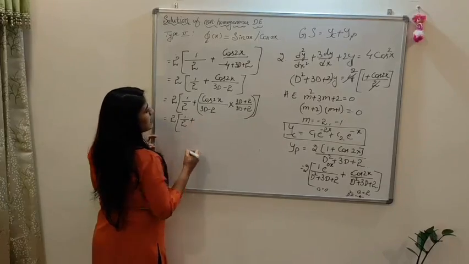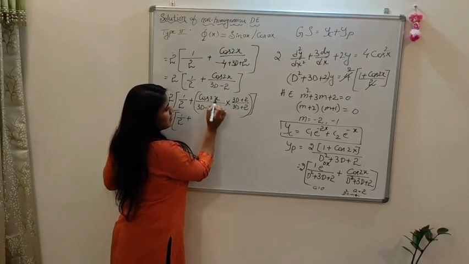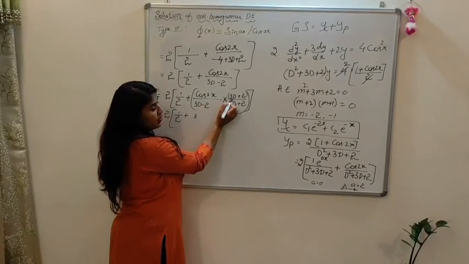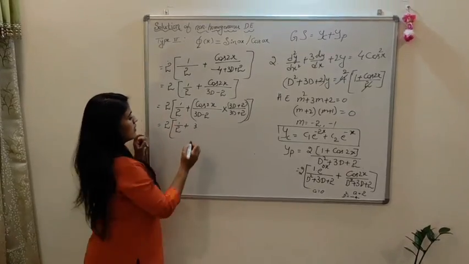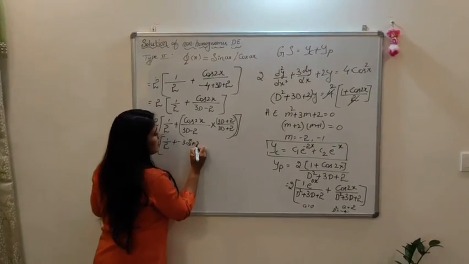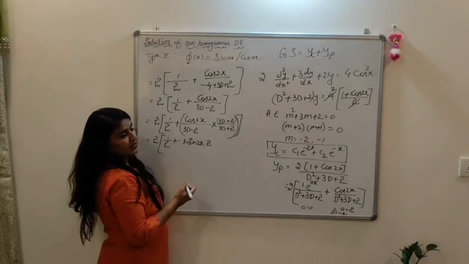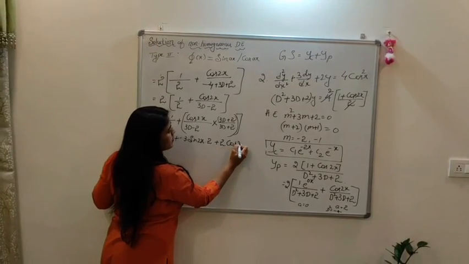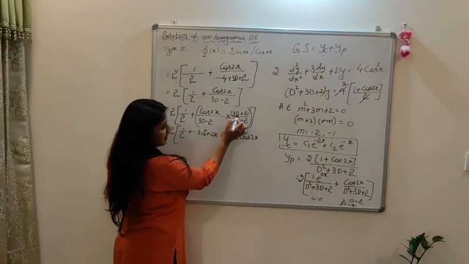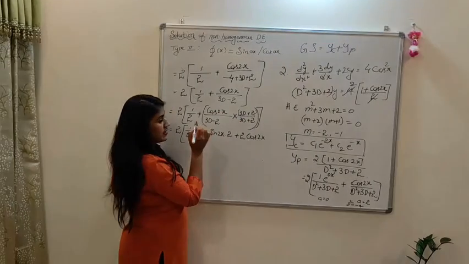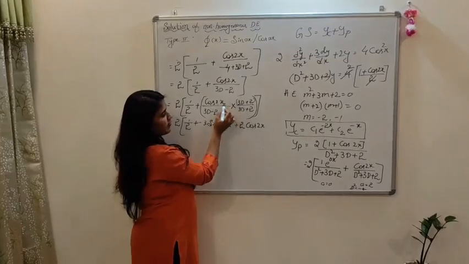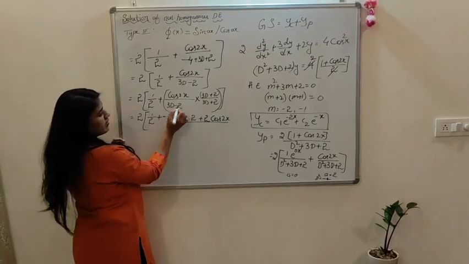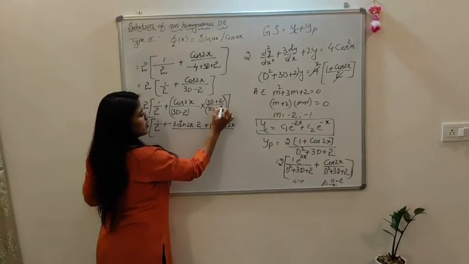Now 2 of 1 by 2 plus, now see here 3d, we have to multiply these two with here 3 into, d means differential operator, d into cos 2x, differentiation of cos 2x is minus sin 2x into 2, 2x differentiation is 2, plus 2 into cos 2x. I think you followed now. See, 3d plus 2 is multiplied with cos 2x. d is differential operator. That's what differentiated cos 2x. Okay. So here minus is there. Next step I change it.